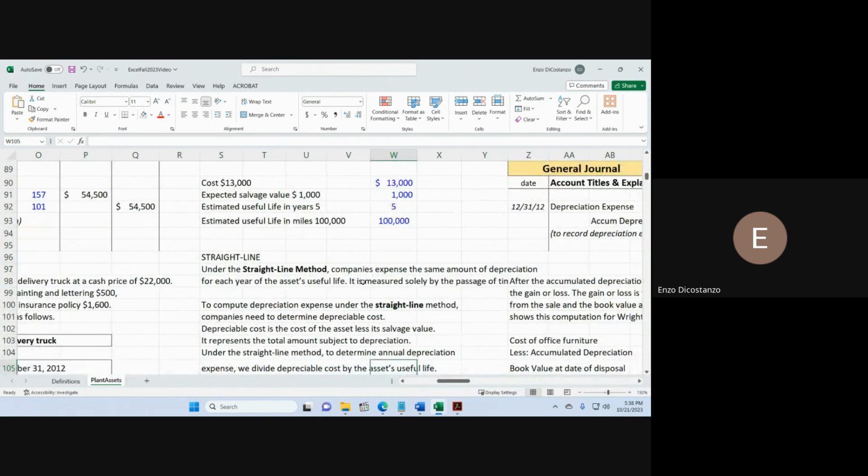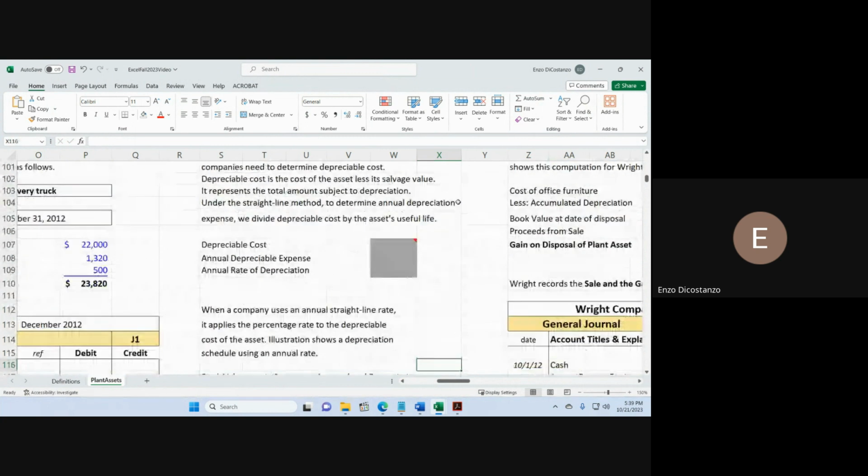The straight line method is to expense the same amount of depreciation for each year of the asset's useful life. So what you're depreciating is not 13,000. You're depreciating 13,000 minus 1,000, which is 12,000 over 5 years, which I think was about 2,400. So the depreciable cost when we compute it